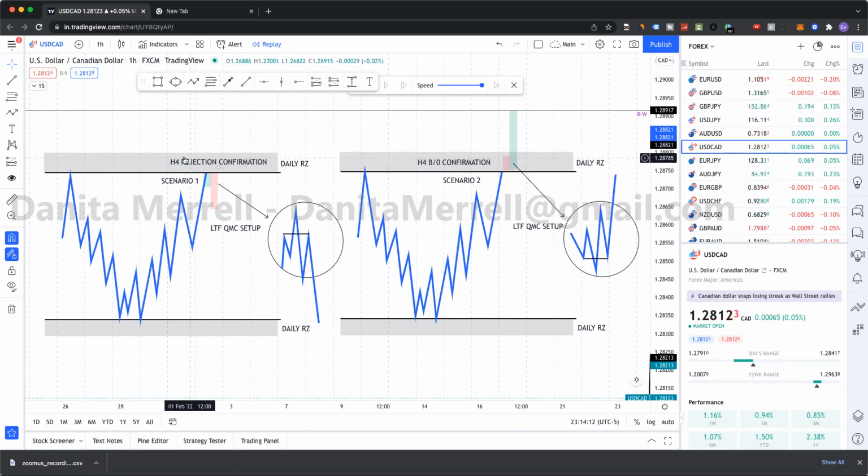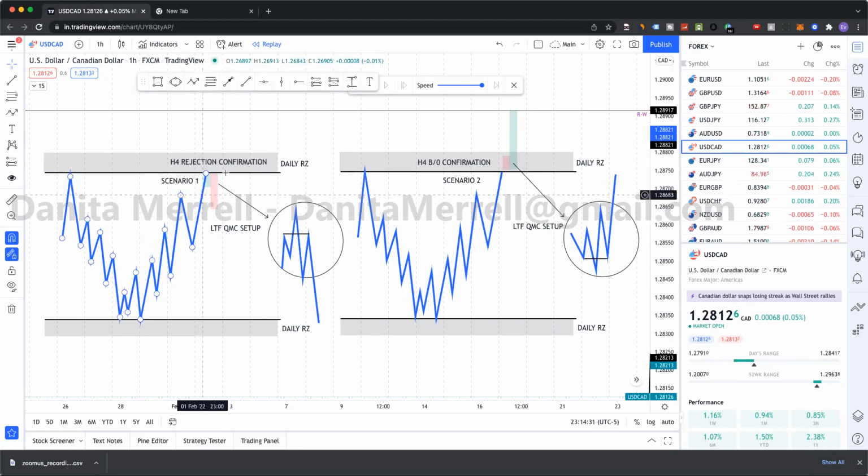Now, let's say you were on an H4 chart, you would just drop down a time frame and this would be H1. If you're on an H1, you drop down to M15. M15, you drop down to M5. M5, drop down to 1 minute and seconds. But in this case, for the highest probability, because the higher time frame is stronger, we're waiting for that H1 rejection or H4 rejection zone.